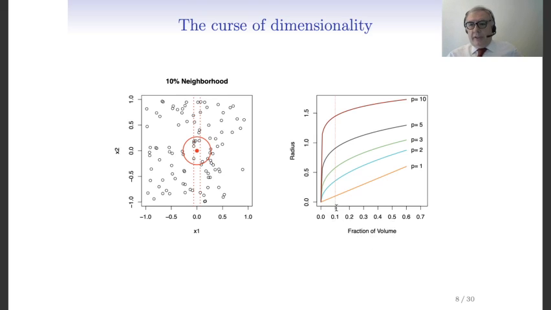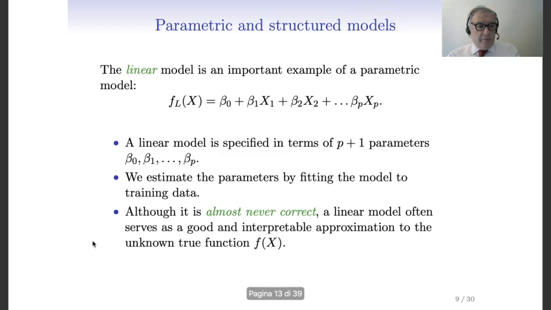This is just to have enough data when I take the average. This is called the curse of dimensionality,